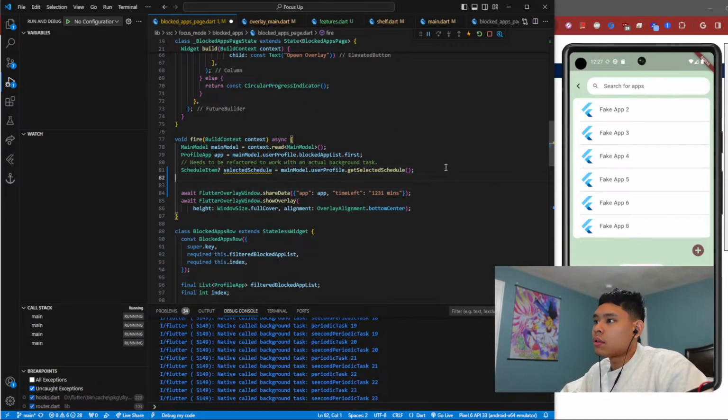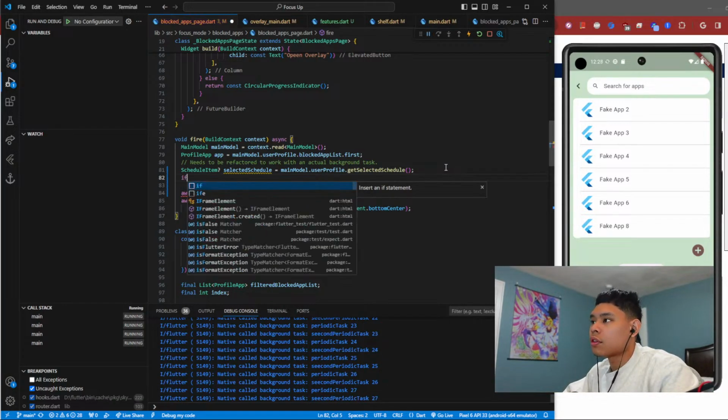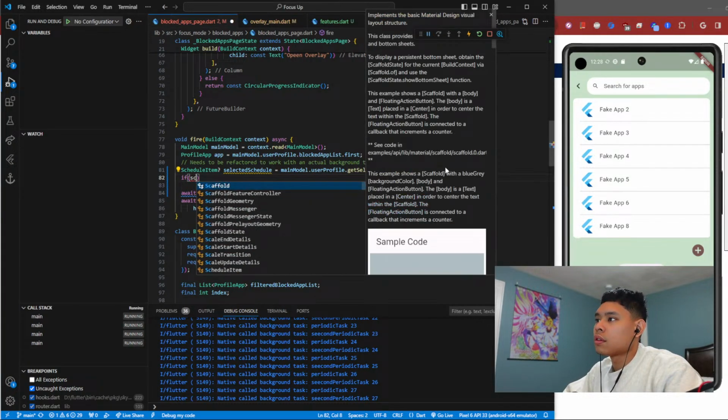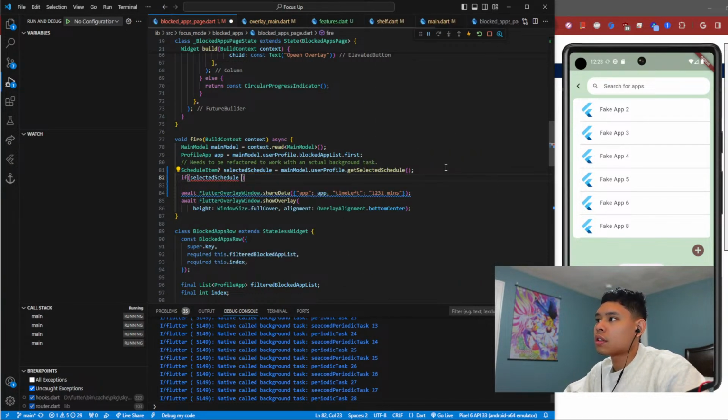And then we can do, we should really only fire this if there is a schedule for now. So if selected schedule is not equal to null,